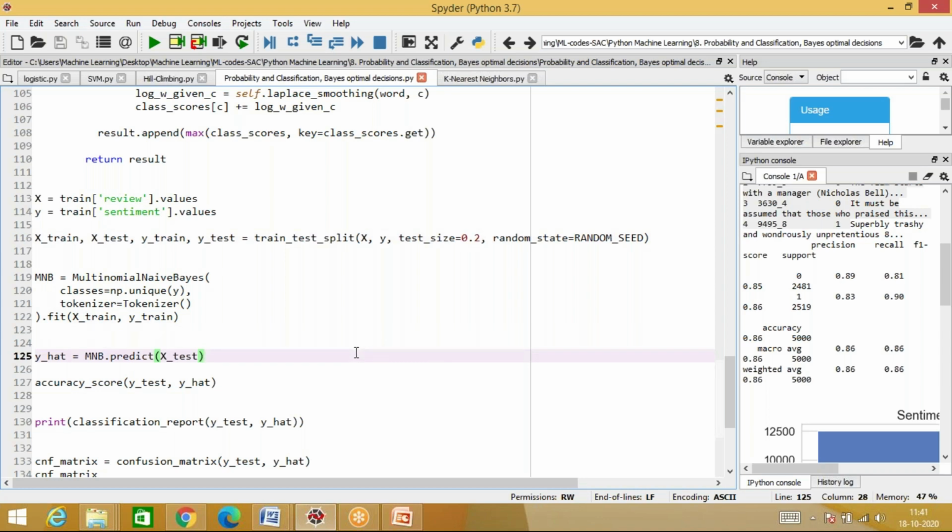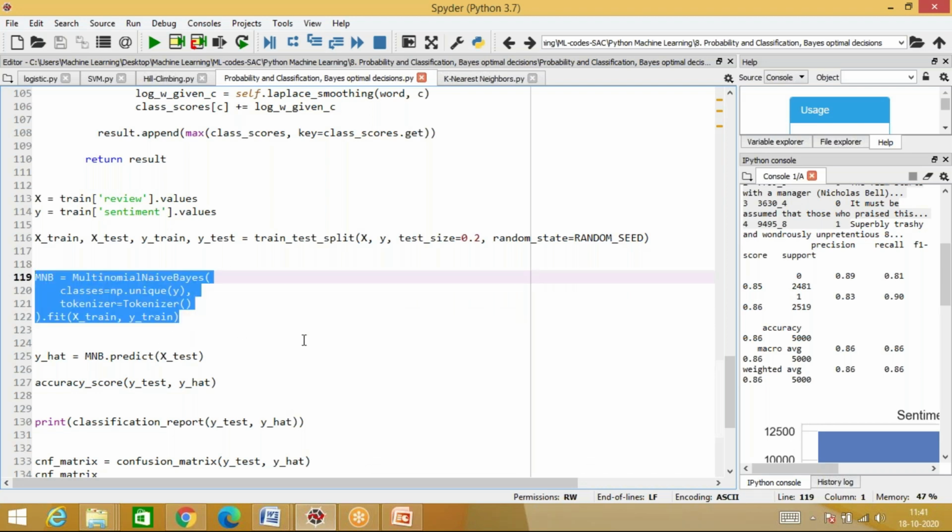Now, as always, for all the models that we designed, we had a class, we created an object for that, and then we called the fit function. Now over here, I'll do the same thing. For MNB, multinomial naive Bayes, I'll create an object called MNB, and straight away I'm calling this fit function. As always, your fit function will accept the data and do everything that is needed. So I'm passing the training data. The entire concept, the mathematics that we spoke about, will happen in this one line. I've just passed the data, and the system will do the rest on its own.